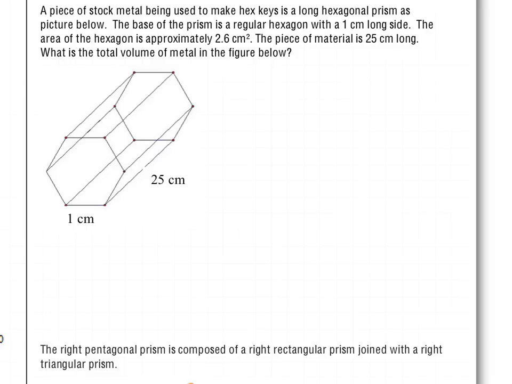Alright, so we look at the figure below. The figure below is a prism. Identify with your team: what is the shape of the base of this prism? So you should identify that with your team. The shape of the base here is this hexagon. It's a six-sided shape. That is going to be our base. So volume is equal to the area of our base, so the area of that hexagon, times the height, or how long, or how many layers of that hexagon